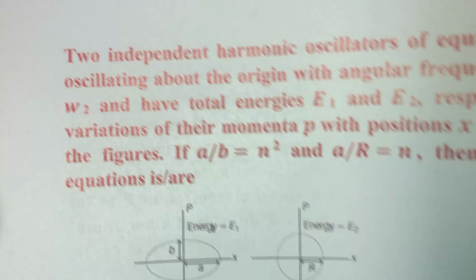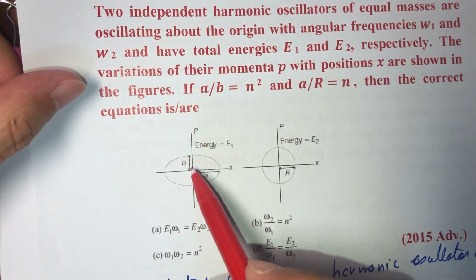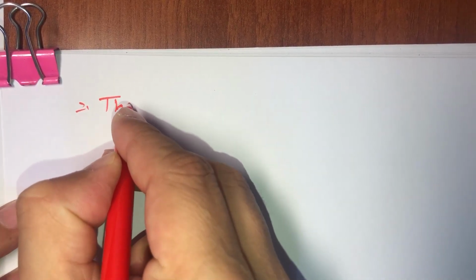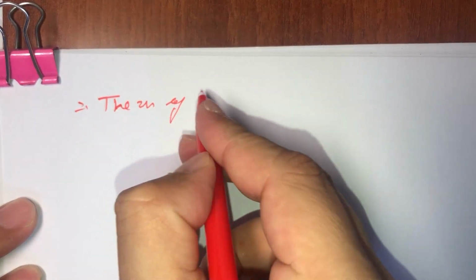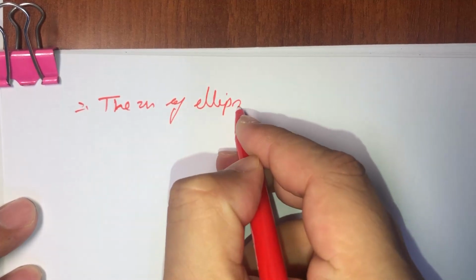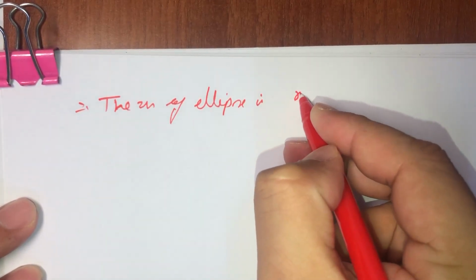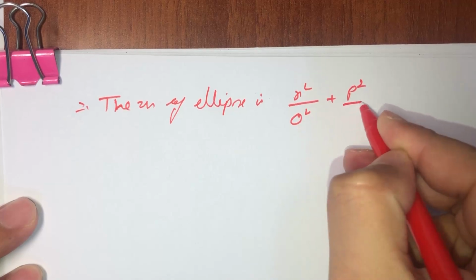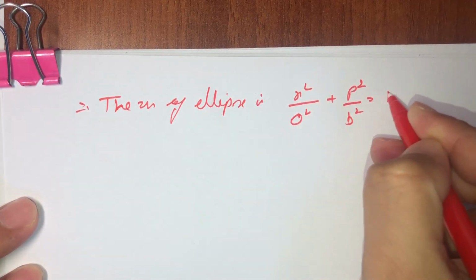But in terms of the given ellipse, one axis is given as x-axis, whereas the other axis is given as p-axis. So we are going to modify the equation of the ellipse and write it in the given format. So the equation of ellipse will be x square upon a square plus p square upon b square is equal to 1,